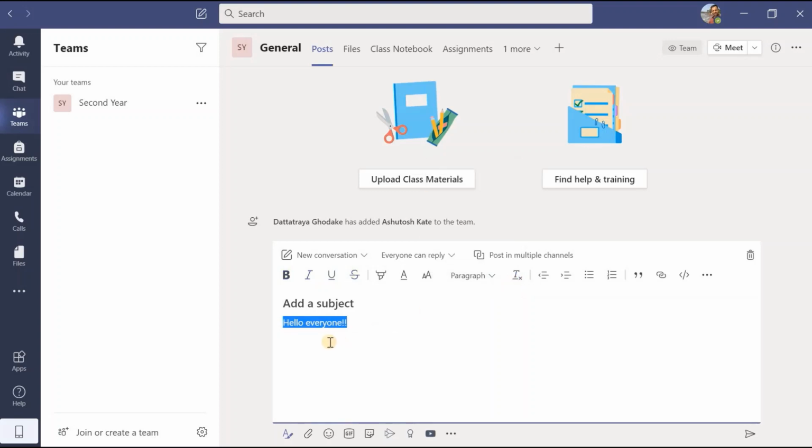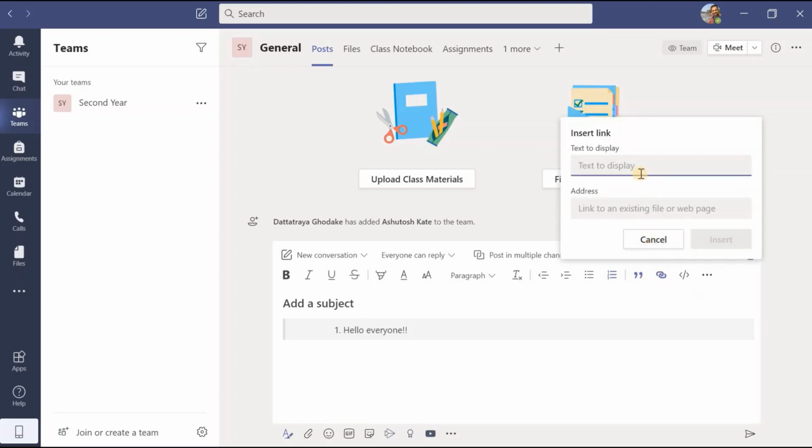And if you don't want any formatting, you can just select the message you want to send and click on this symbol. All the formatting will be removed. If you want to align it to the left or at the center, you can use those two buttons. If you want to add bullets, you can use this button, or if you want to add numbers, you can use it. If you want to use quotations, you can use it, or along with some message, if you want to add a link.